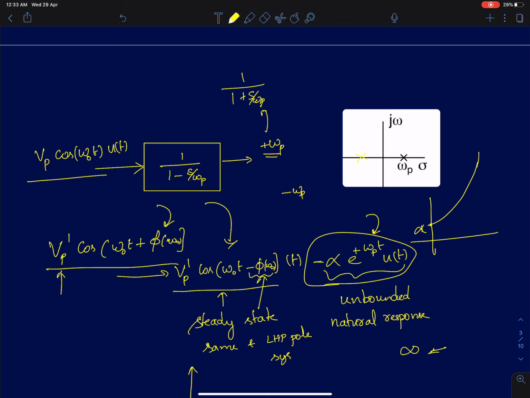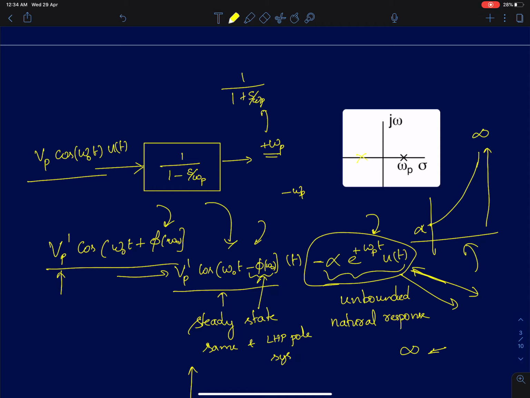The other, big difference occurs in the natural response. The natural response term is eventually an exponentially growing signal. It will eventually grow unbounded, and it would eventually go to infinity. So that's the difference here. In the steady state, this would dominate because it's an exponentially growing output, and this is always going to oscillate back and forth between Vp dash. So this is going to determine the fate of the system. The system is eventually going to go to infinity. The output will go to infinity. So that's why this is an unstable system.